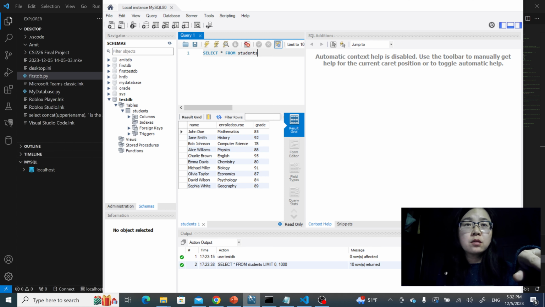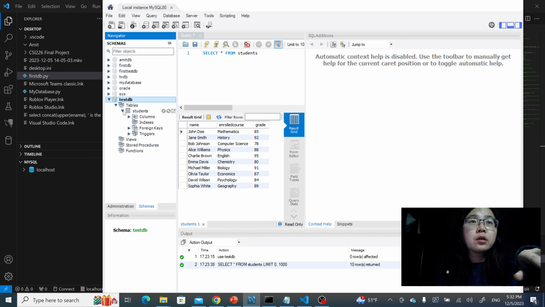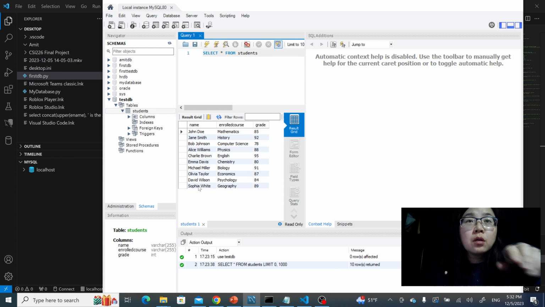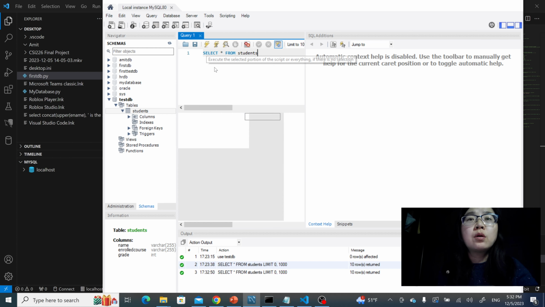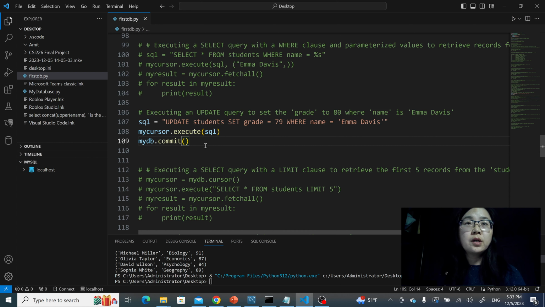When I run this, we can check the information here. We need to refresh and rerun this code. So Emma Davis is 80 right now. When I run it, it will change to 79. So the code has updated the records. So next step,